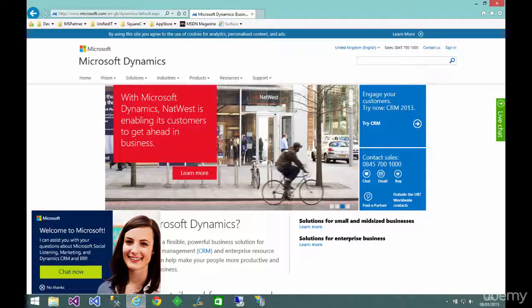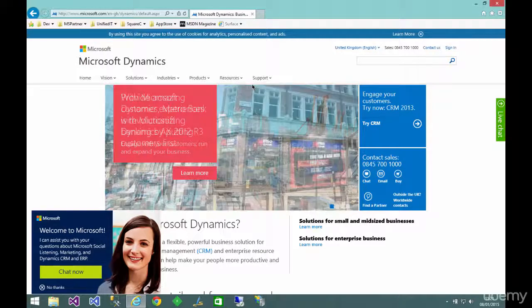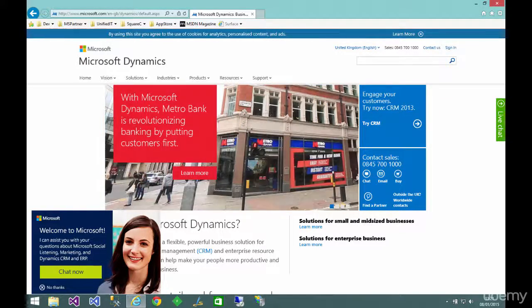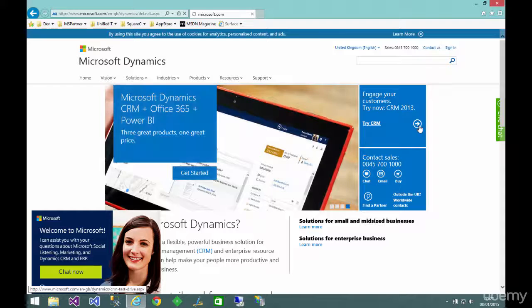In order to sign up for the trial, it's quite straightforward. Go to microsoft.com/dynamics, and that will direct you to the Dynamics sign-up page for your country. And you should see this box here with Try CRM. So if we click that,